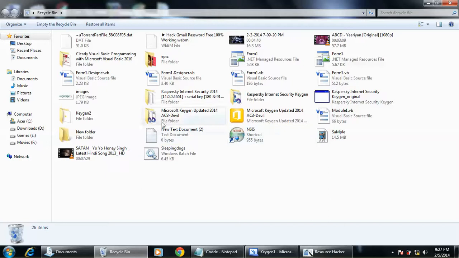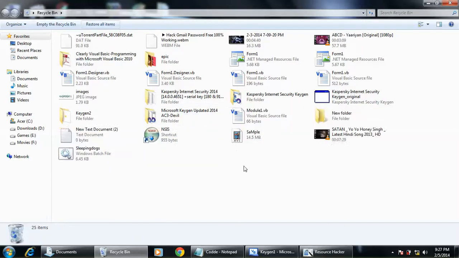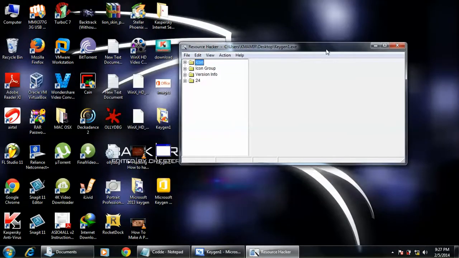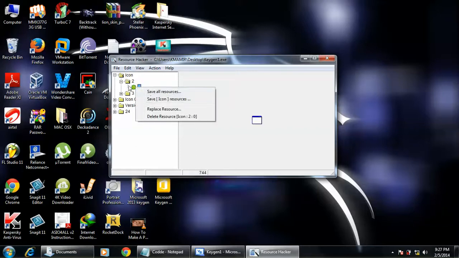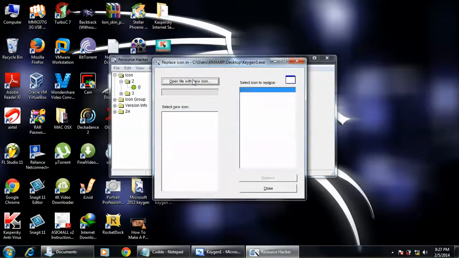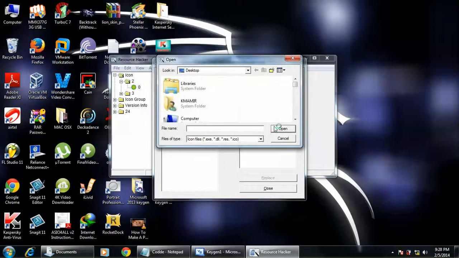Just hold on a second. Click on this icon, icon 0, icon 2, icon 0. Again something like a small cartoon or settings, whatever this is. Right click on 0, replace resource, open with file, new icon.